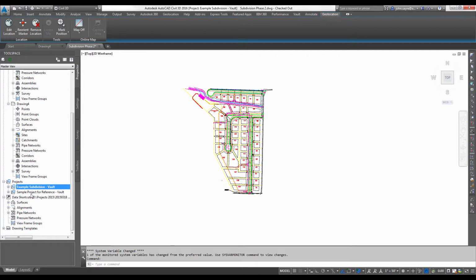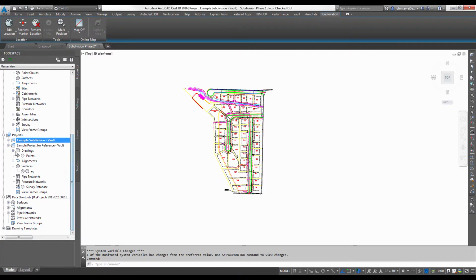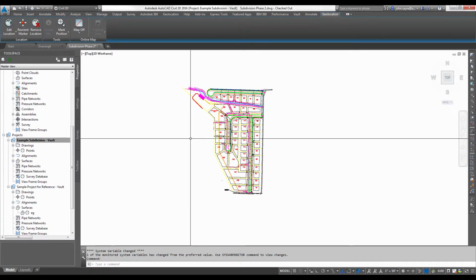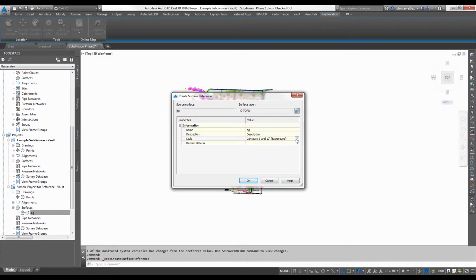So I have a totally separate project that's inside of my vault here. It's called Sample Project for Reference. So this project itself houses my surface. I can see it right here. If I drill down under projects, I can drill down in the vault and see I've got my surface. Now I can see here that my active project is highlighted. So my example subdivision, where I checked this file out from, is the project that's active. This project I'm going to pull the surface from is not active, so I can simply select the surface from my other project, or the phase 1 project if you would, and right click and select create reference, and I'll just leave it EG, and I'll give it a